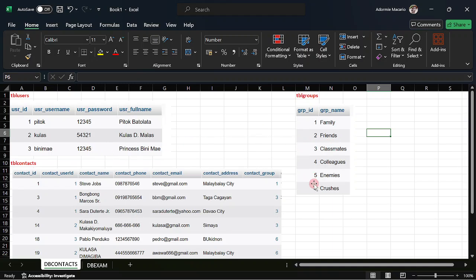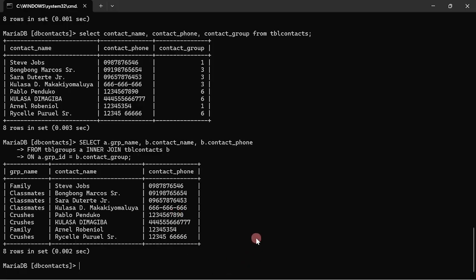Okay, so I'm going to make it this way, A, B, C. Actually, you could name them anything you want. I'm just going to name it A, B, and C because the 3 tables actually meet on TBL contacts. I'm just going to name this one as my C table. Okay, so we have select A dot